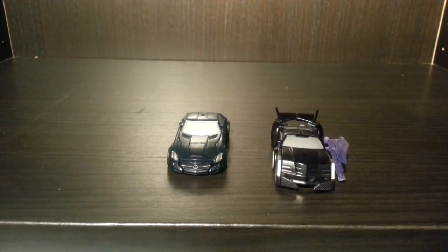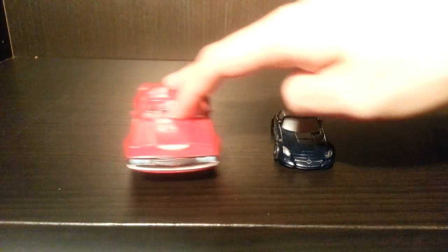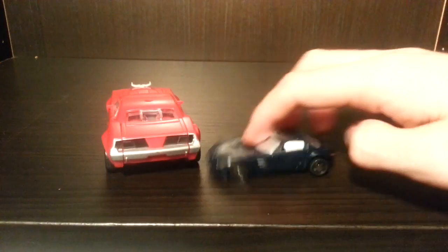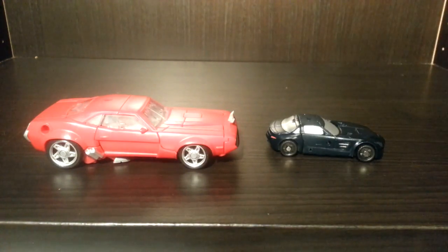There he is next to there. We'll give you Cliff Jumper as a standard size toy, just to give you a size comparison of that. As you can see, as with any Cyberverse, he's a lot smaller than a standard size toy. There you go. And let's go for shits and giggles. We'll give you...